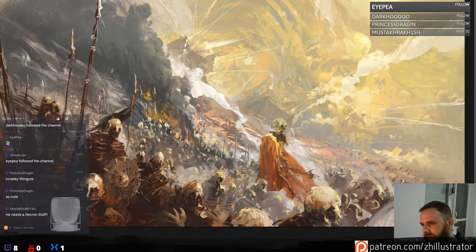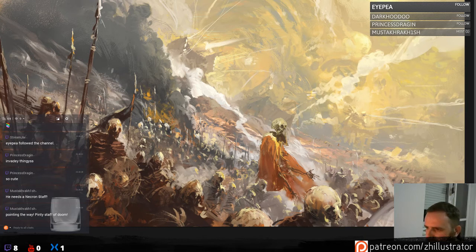And it's a Necron staff. Yeah, I kind of feel like I should keep it like this. But I need to paint a proper skull, because I don't really paint people. I mean dead people too.